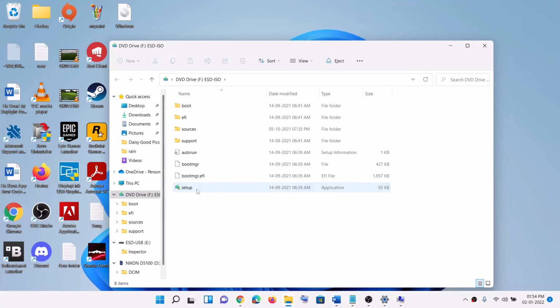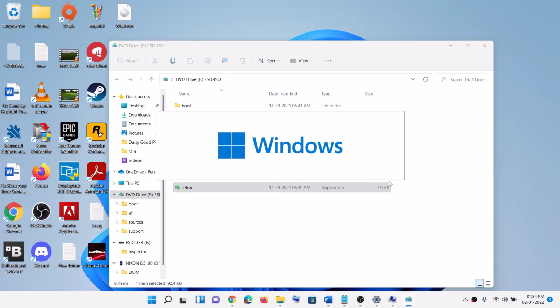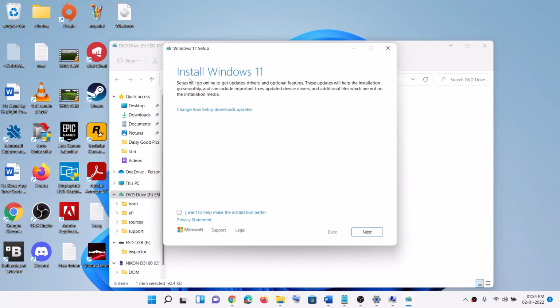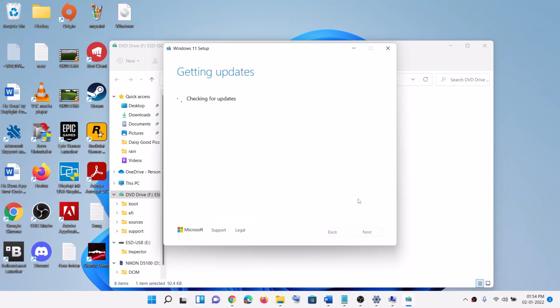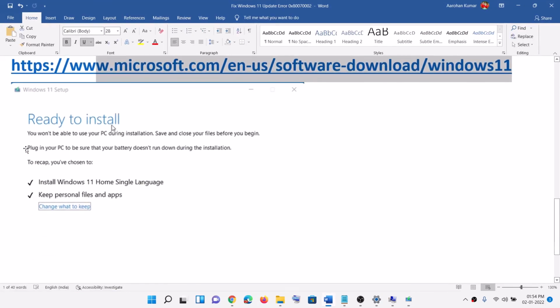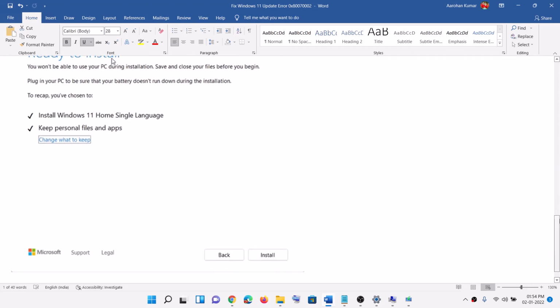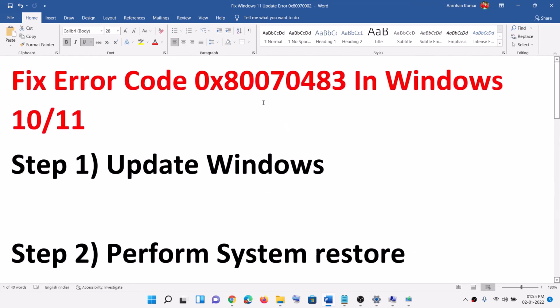and then over here you can see this setup file. Make a double click. Click on yes to allow. Now this will load Windows 11 now. Now over here you can see install Windows 11. Click on next and it will go ahead and check for update. Now again, before the installation, you will see this screen which says ready to install, and by default the option to keep personal files and app would be checked. When this is checked, you will not lose any data on the computer. Click on install. After the installation, log into your computer and this error